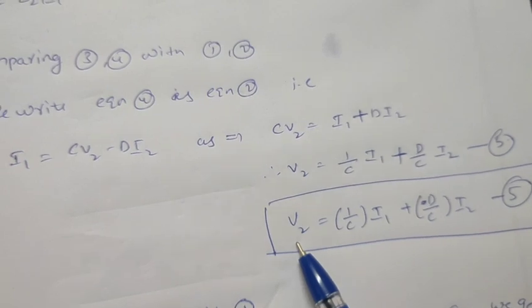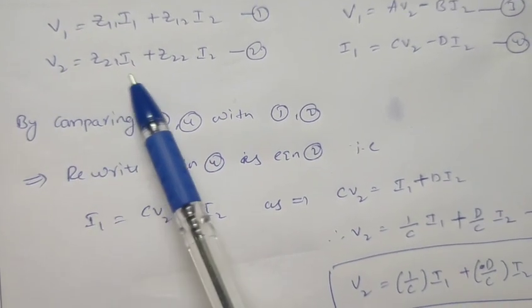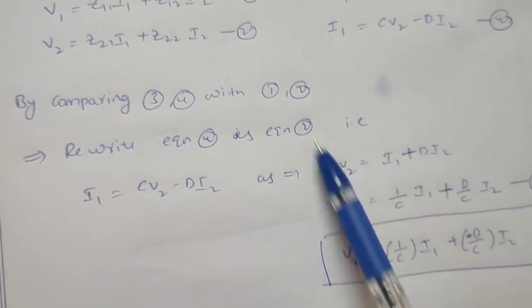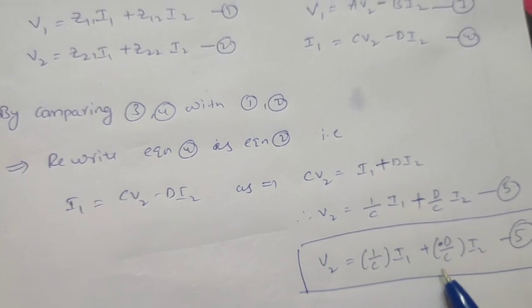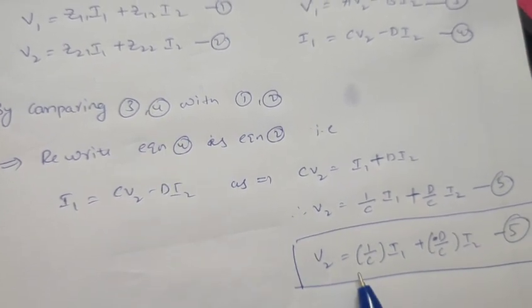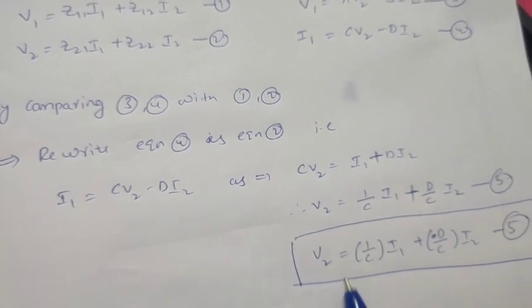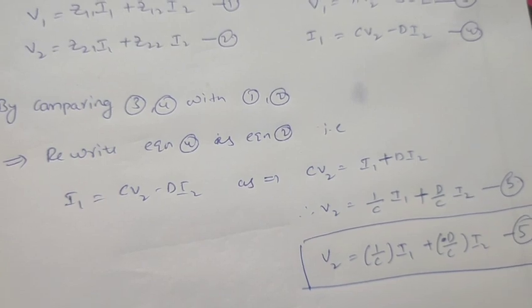Now compare equation 5 with equation 2. Here V2 is equal to Z21 I1 plus Z22 I2, and we are getting V2 is equal to 1 by C I1 plus D by C I2. By comparing these two, we can write Z21 as 1 by C and Z22 as D by C. Similarly,